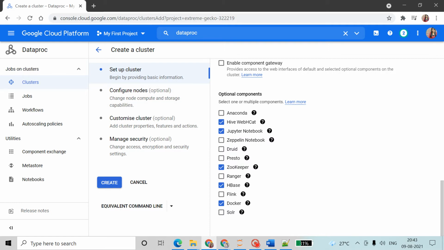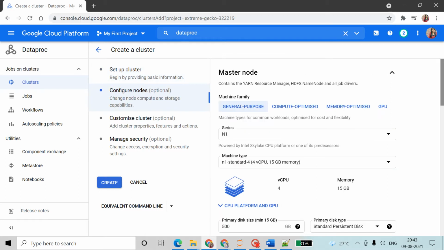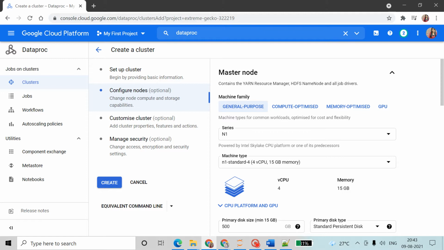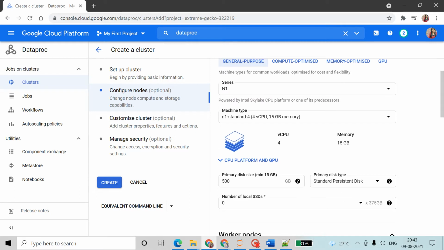Now see, configure nodes is optional. We don't have to give some details for this, but we will see what is there in configure nodes. Master nodes contain YARN resource manager. So basically it is about resources, how much RAM, ROM, CPU it will take.